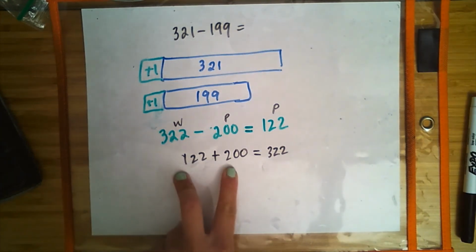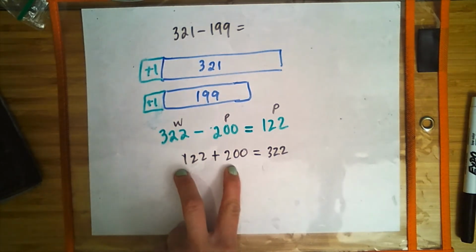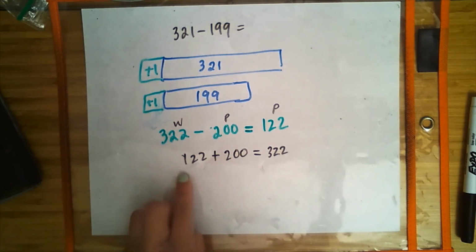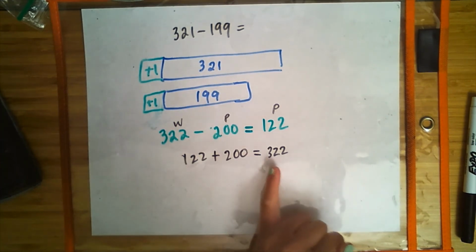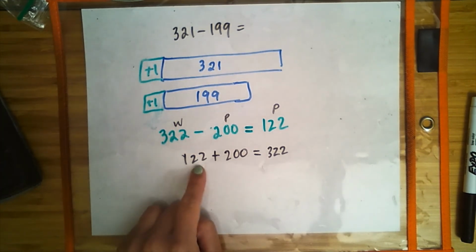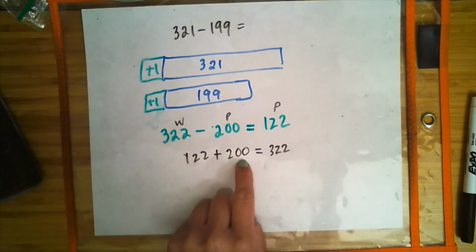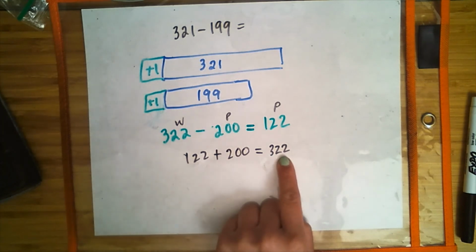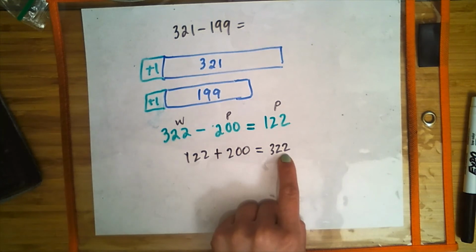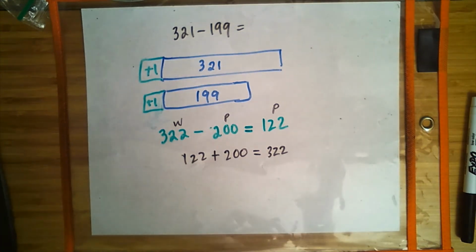Because I added the hundreds, there's 100 in 122, so that's 100. And then in 200, there's 200, so that's 300. And then we have 22 ones, or 2 tens and 2 ones. And because our second part, or our second addend, doesn't have any tens or ones, that means that our solution or our whole is going to have 2 tens and 2 ones, or 22 ones. With all of that explained,